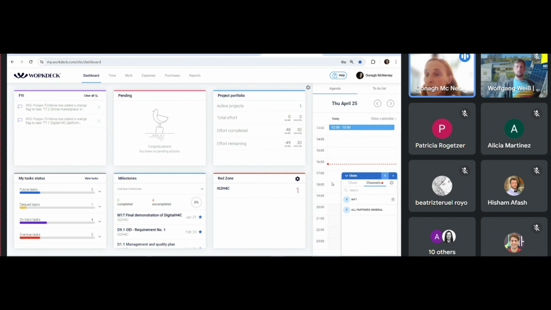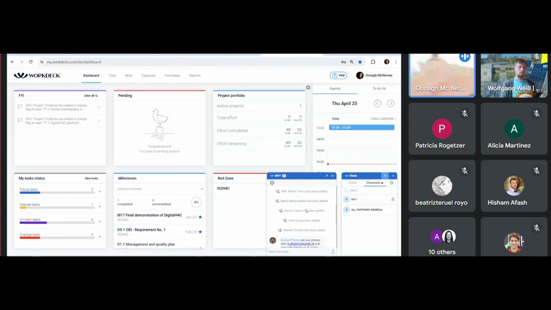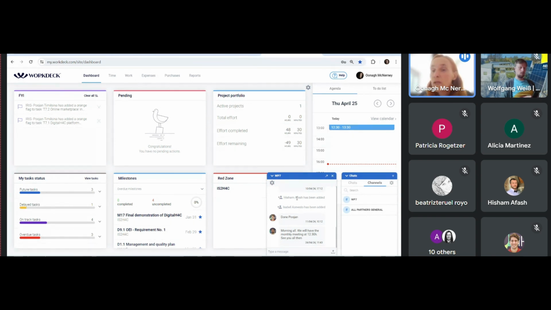And this should be handy for us, I think, in any thematic or topic that we would like to create a communication thread around. So classic examples would be work package. Poojan has set one up for work package 7, and he's invited all the team from work package 7, and any kind of easy, fluid, rapid communication that you want to have or broadcasting to the group can be